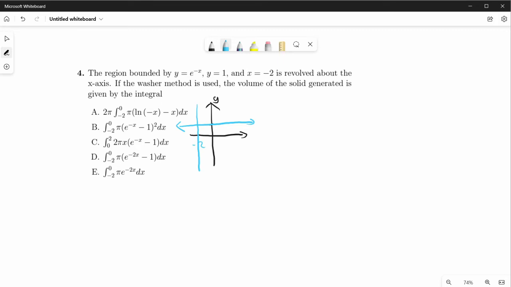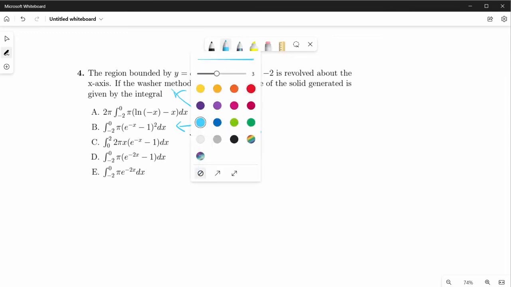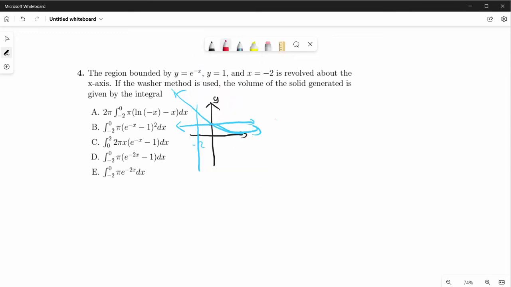straight down, and the exponential, I will use the same color. So usually exponential goes this way, but since this is e to the negative x, you should just flip it around the other direction, like so. So it will cross x equal to 0 at 1, since if you plug in 0 here, e to the 0 is 1. So the area now we're interested in is this area bounded by these three functions